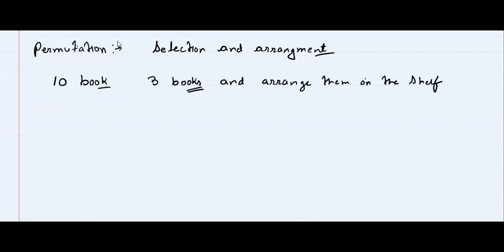Let's see. Suppose this is a shelf. Obviously you can arrange only 3 books. Now for the first shelf position, how many options do we have? Tell me everyone, for the first, 10 options. Very good. For the second, how many options? 9. Very good, because you only kept 1 book over here. For the third, how many options? 8. So the total number of ways in which you can keep 3 books on the shelf